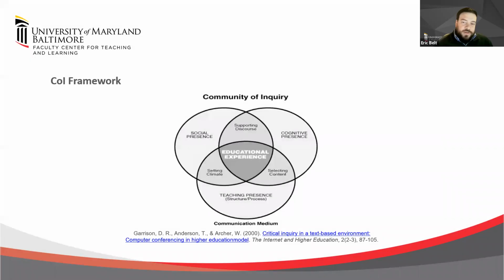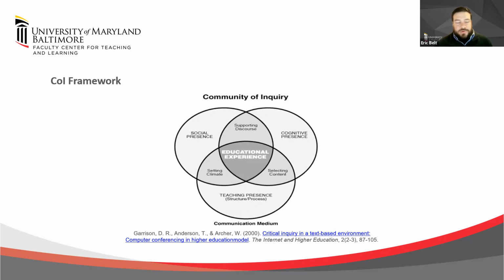So the Community of Inquiry framework came around the turn of the 21st century as a theoretical framework that was used to code text-based discussions in predominantly asynchronous online courses. So it's a coding way to try to see if conversations in those settings are social.